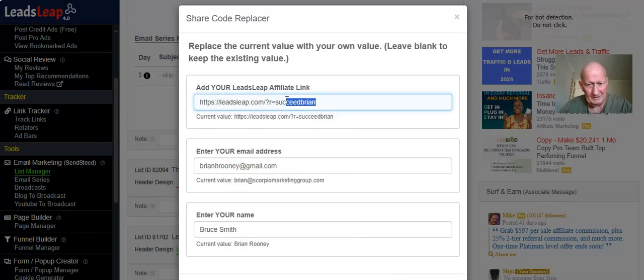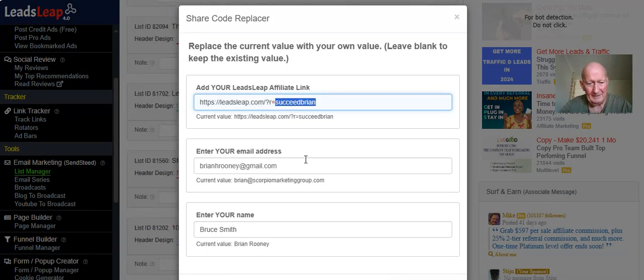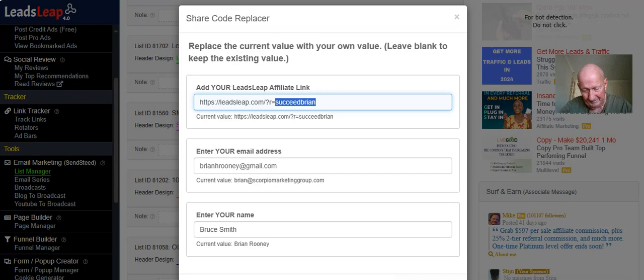And obviously it would have your username there and not mine. Okay, so whatever your Leads Leap affiliate link is, you need to put the whole link in, but this last part will be different to mine. Then you scroll down, you can't quite see it here, but down the bottom of this white page there is a Replace and Import Now. We click on that,